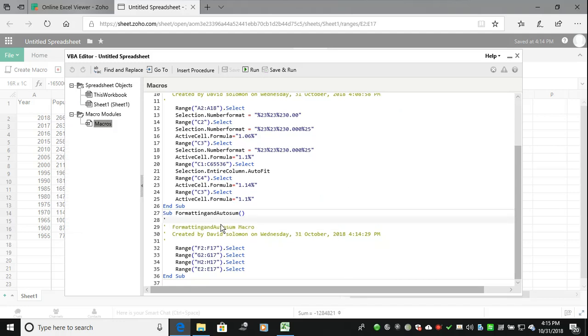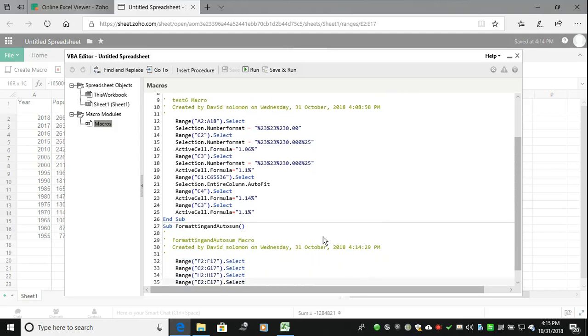This is my macro, sub function, formatting and AutoSum. This is the one which we were recording. So this is the one for description. What is the range? From F2 to F17 I selected. So this is the range which I selected for all the four areas. This is the simple